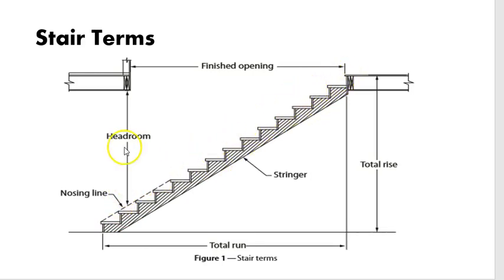Okay. Headroom is something that we have to account for, and it ties in with the finished opening. So the headroom is taken from that nosing line, not to be confused with the back end of the tread. Okay, the nosing line to the underside of the floor above. That's how much headroom, and this is a code requirement. For private dwellings, we're looking at 6'4"